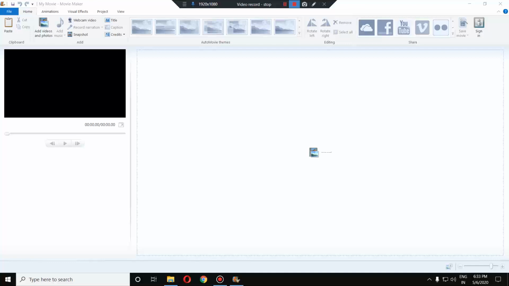With Windows Movie Maker, you can create movies from your photos or other videos, either the videos or photos which are in your system already, or you can click some photos from your phone or from your camera.